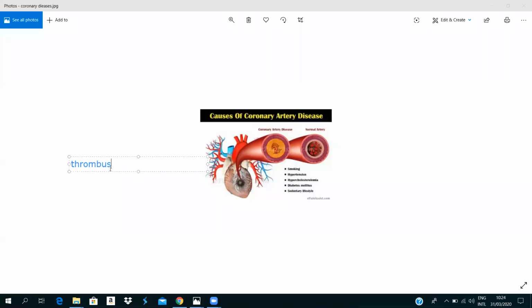Thrombus is caused by fibrinogen changing to fibrin. It is a substance in the body that changes to fibrin. That is the problem here. It doesn't dissolve, so it is called the coronary thrombosis. Understand now? So it will lead to what's called angina. So the arrangement now is atheroma, then blood clot, then thrombus, then it will lead to coronary thrombosis. At last, it will be a heart attack